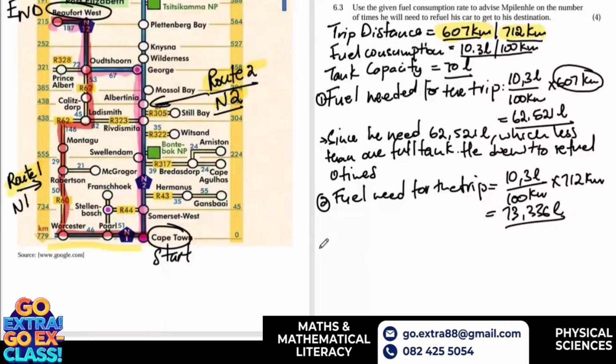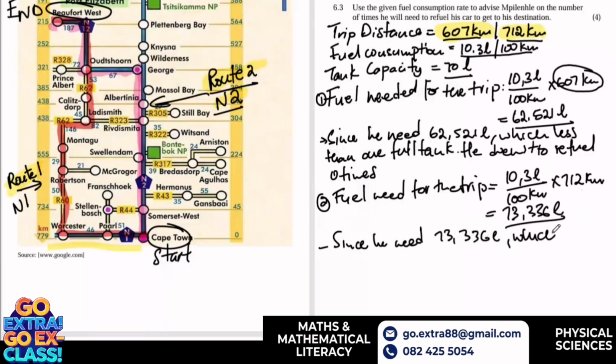So now we compare these liters with the full tank of the car. This trip will need these liters, compared with the full tank of the car, which is 70. You can see that this trip will require more fuel, more than the capacity of the tank of the car. So in this case, if we've used route number 2, he will need 73,336 liters,